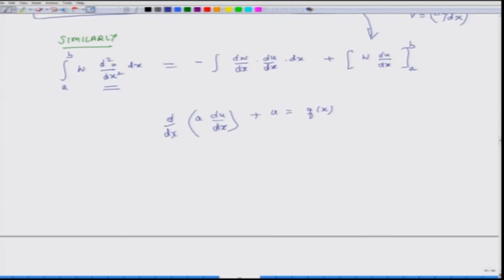You will also get u times w. So when I am trying to compute the residue, I will get a second order derivative multiplied by w, and of course in this case u multiplied by w. When I do this math, what happens is that this side is equal to the right side, and here if I am computing the left side,